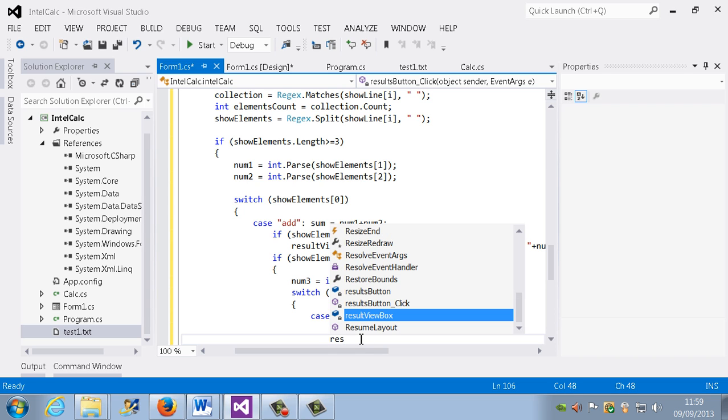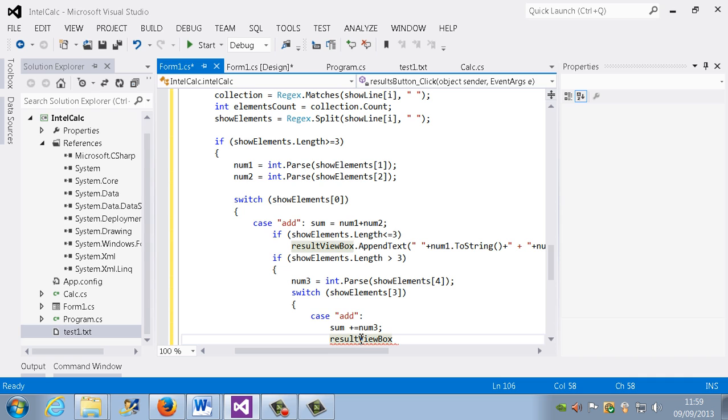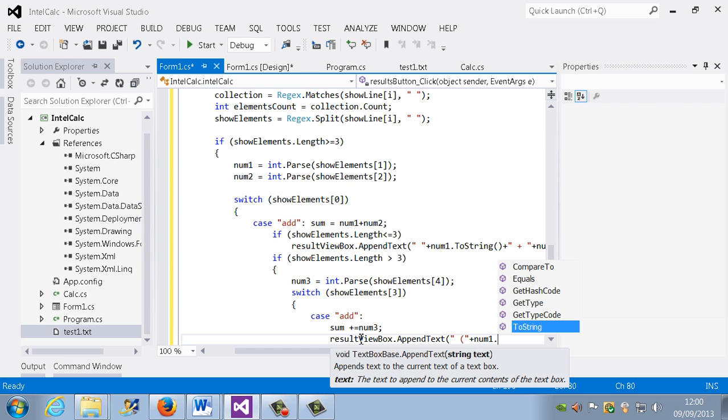So result view dot append text, and this time we're going to append a different text now. We're going to do a quotation or brackets, because we're going to separate the different sections of the equation. So we want to put brackets, we're going to make it nice and tidy, and we're going to concatenate different elements of it now. So num1 dot toString